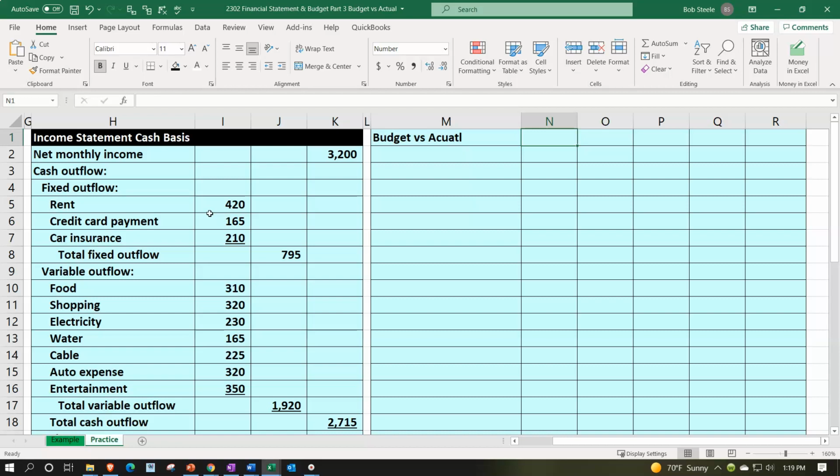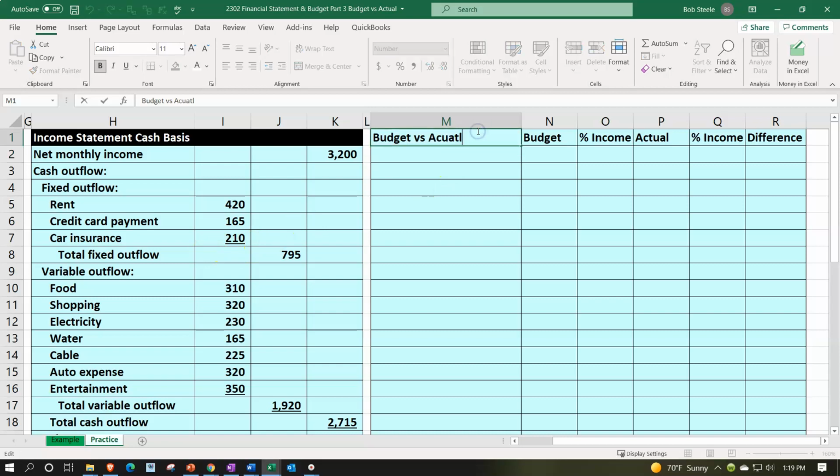And then I'm going to give us the budget first column, and then I'll give a percent change in the income, which is common, which might help us to, well, we'll get into that in a second. Then I'm going to say the actual numbers, which is in essence the income statement on the left. And then we'll have the percent of income. And then we're going to have the difference, which you might call the variance. Difference, variance, change, we can call it. So actual, this is budget versus